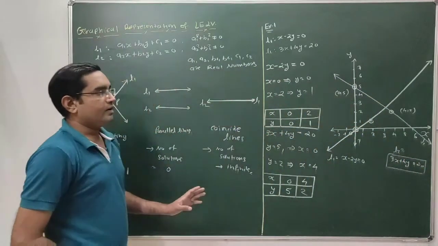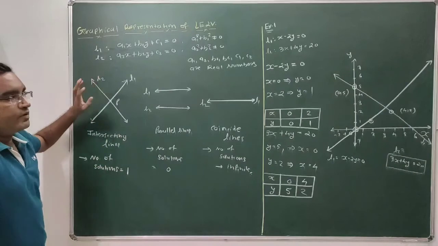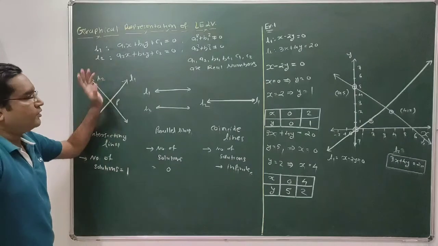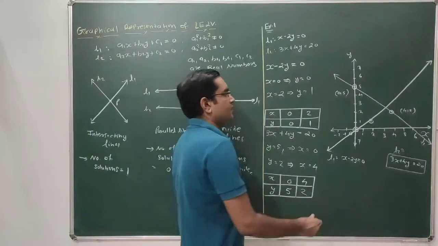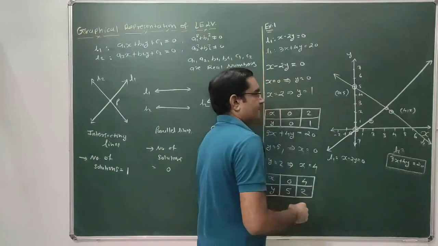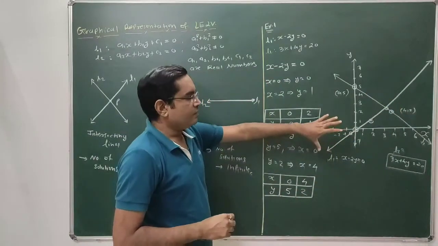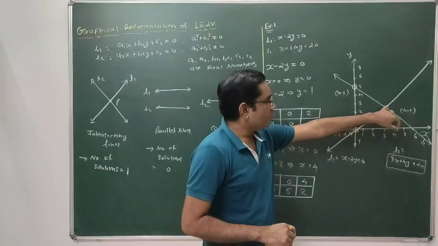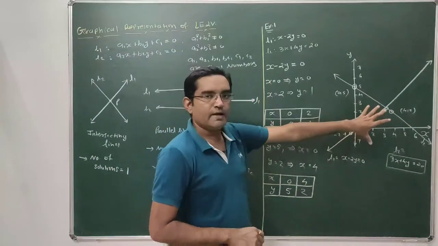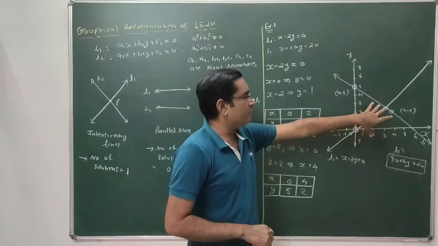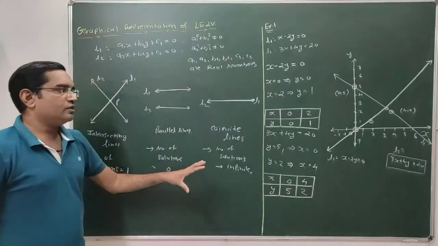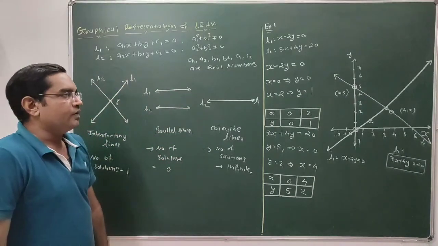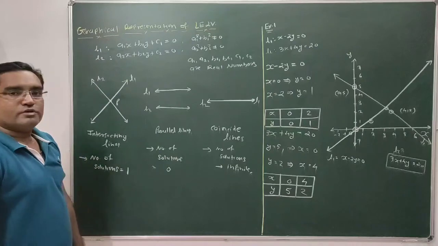So this is just the graphical representation of the pair of linear equations in two variables. From this graphical representation, you can find the solution of the two given equations. What is the solution? The solution is nothing but the coordinates of the intersection point. If you have drawn this graph on graph paper, you will get the exact coordinates of this intersection point. But this is a rough diagram, so we can't find the exact coordinates. Clear, friends? So this is just the graphical representation of any pair of linear equations in two variables. Pause the video to note it down.